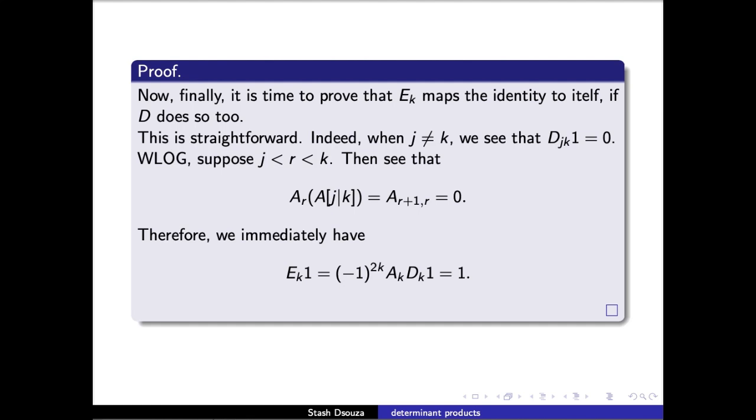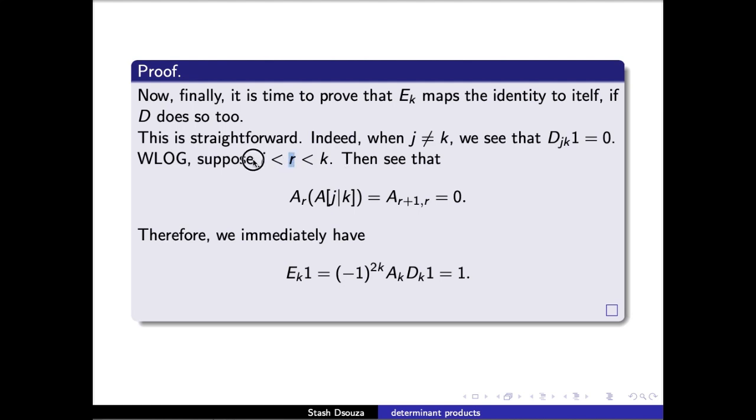So this here is very straightforward. Indeed, if j is not equal to k, we see that djk at 1 is equal to 0. And this can be reasoned through as follows. Without loss of generality, suppose that there's an index r lying in between j and k strictly. Then we see that